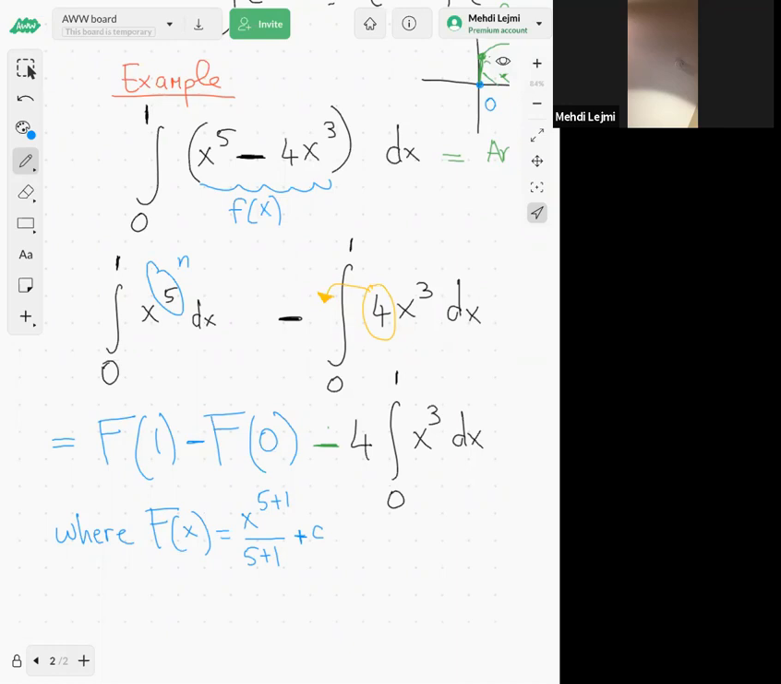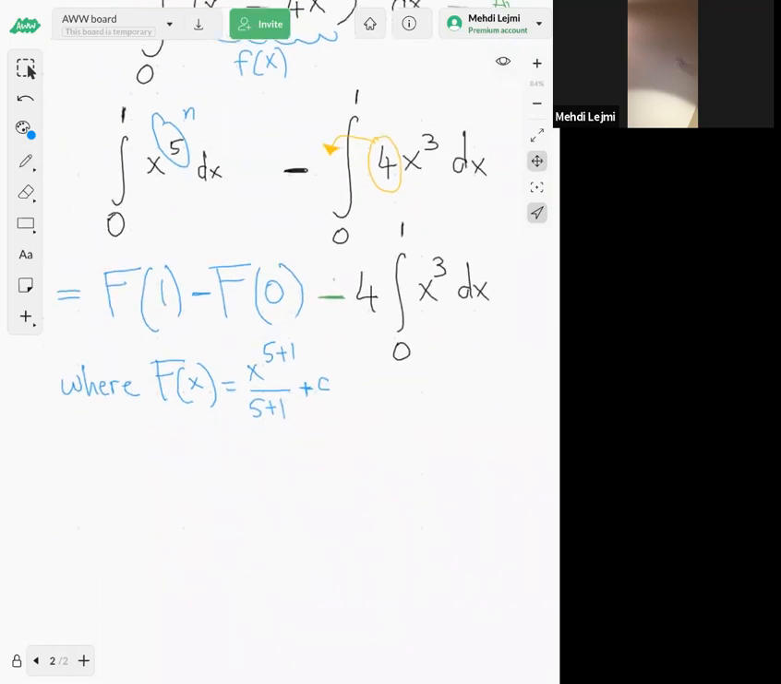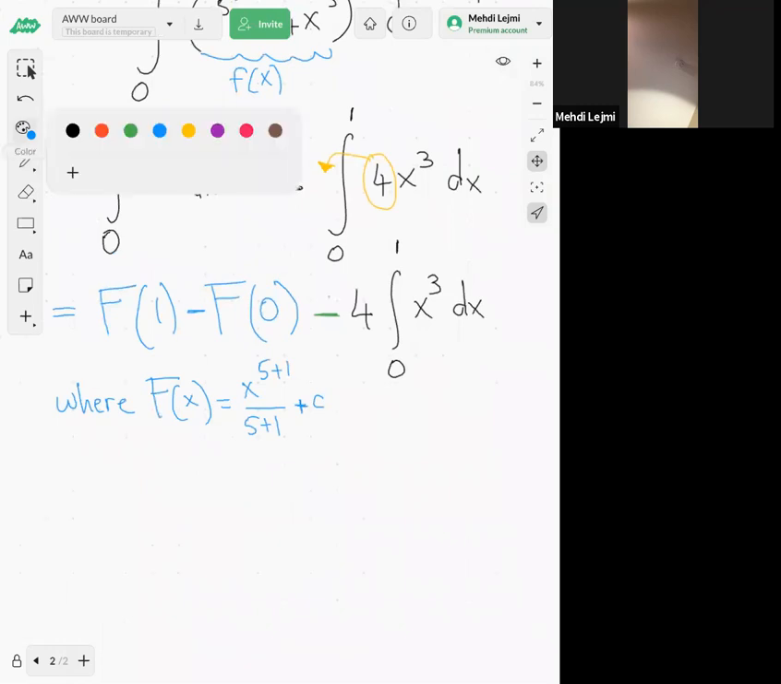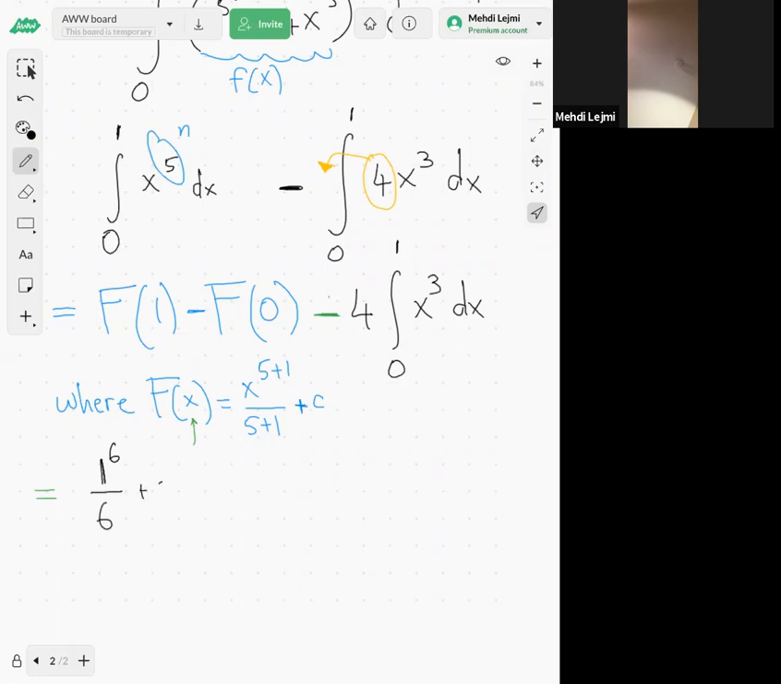All right, so then there is this integral of x cubed. Well, first, f of 1 minus f of 0, so you plug 1 here. That's 1 to the power 6 over 6 plus c, minus, and now you replace x by 0, so it's 0 to the power 6 over 6 plus c, okay,